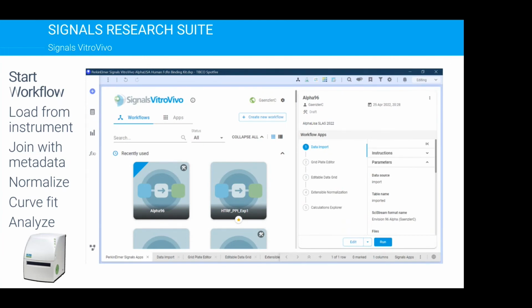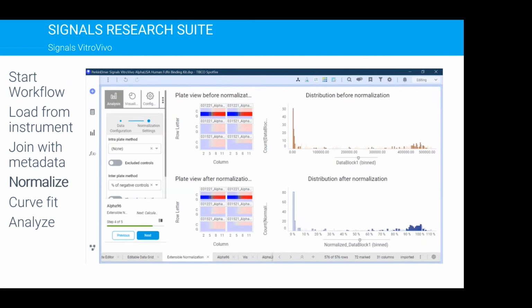I just have some screenshots here. I will not take you through all of it. This is the workflow for the AlphaLISA, and this is how it looks. It's inside TIBCO Spotfire. A normal user just clicks on the workflow and loads the information from the instrument. In this case, it's our plate reader for the AlphaLISA, and it is joined with the metadata. I won't go through these details, but what we really do first is the calculation. In this case, we're normalizing the data,